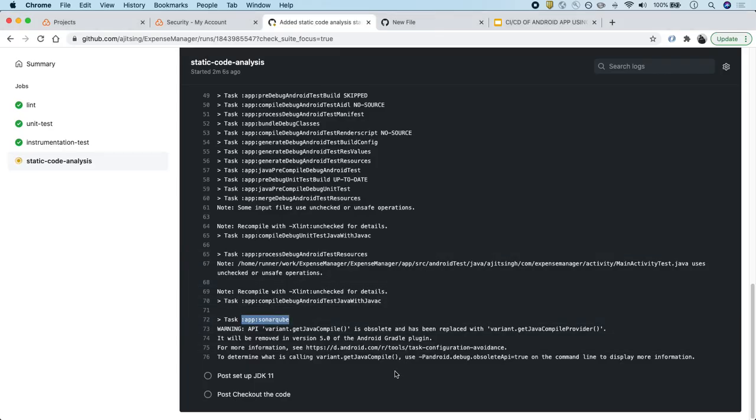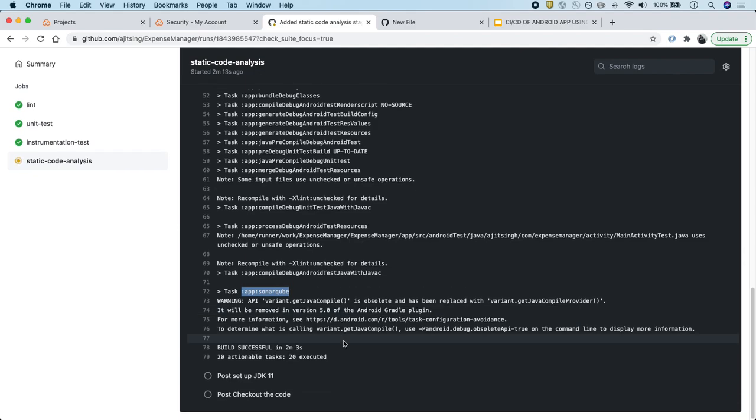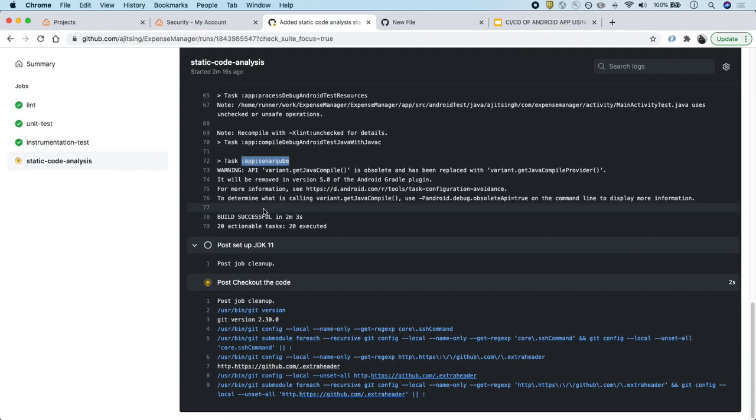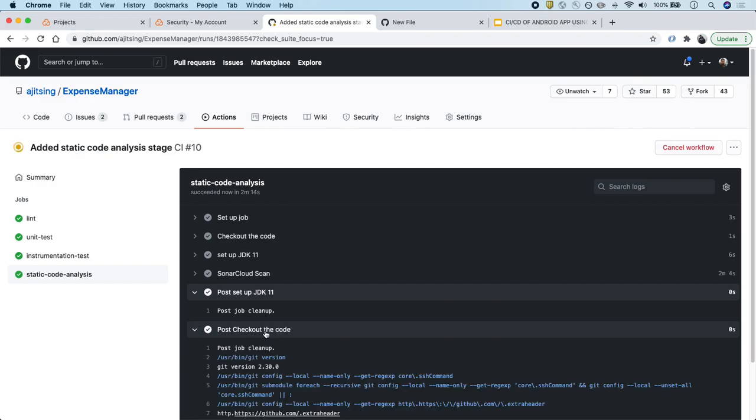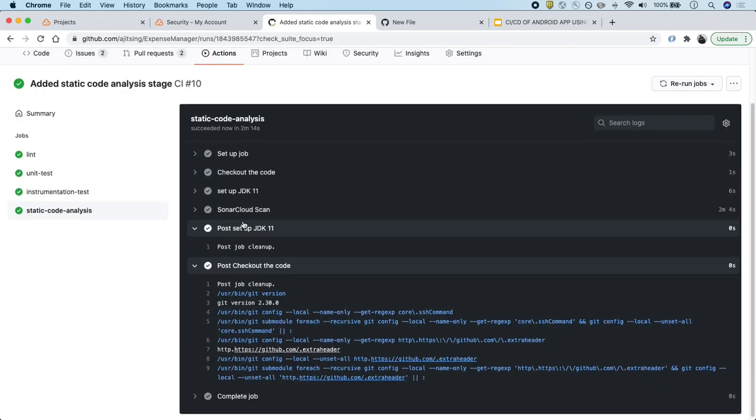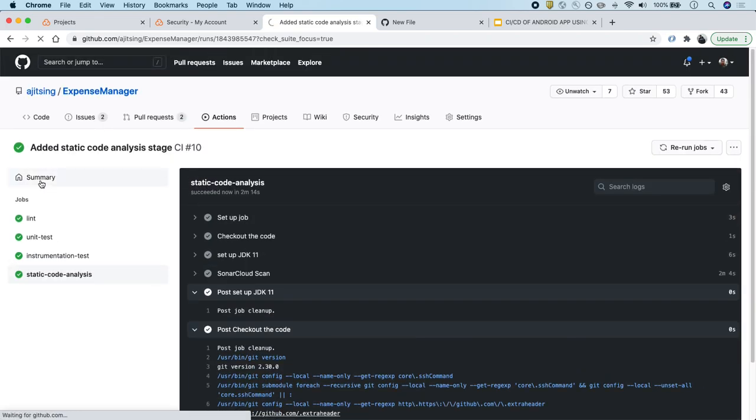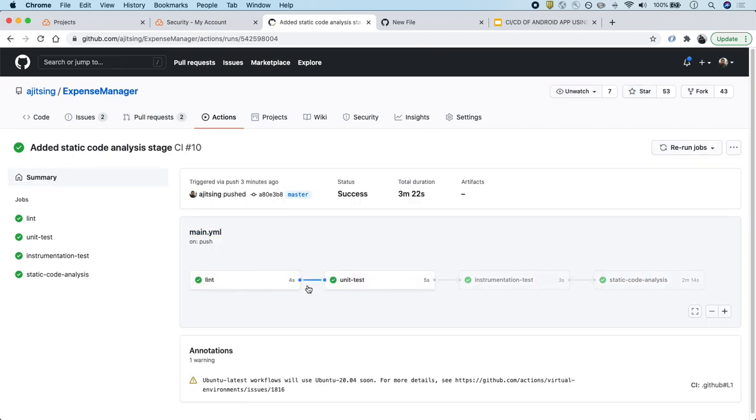All right, it will take few seconds. Let's wait for it. Yeah, it's done. So it took around 2 minutes, but it's completely done now, and we can look at the summary as well. Our entire pipeline has passed with all the stages.